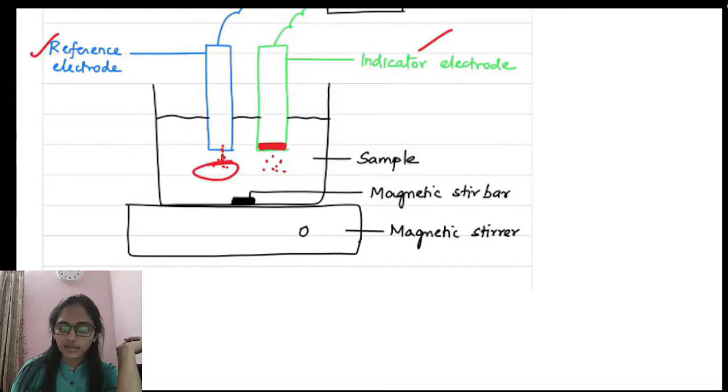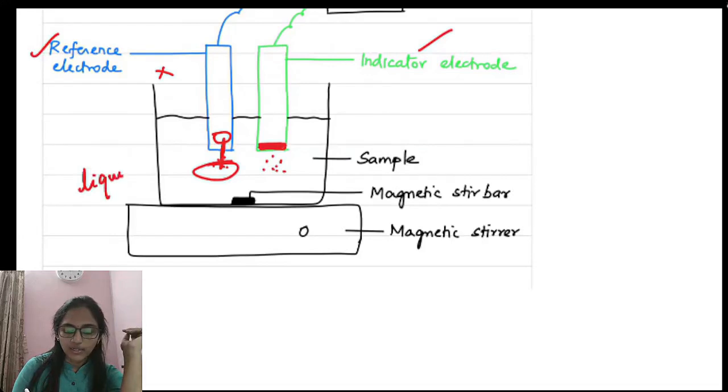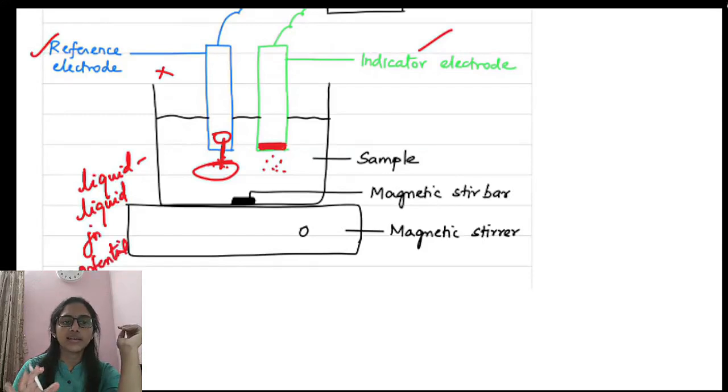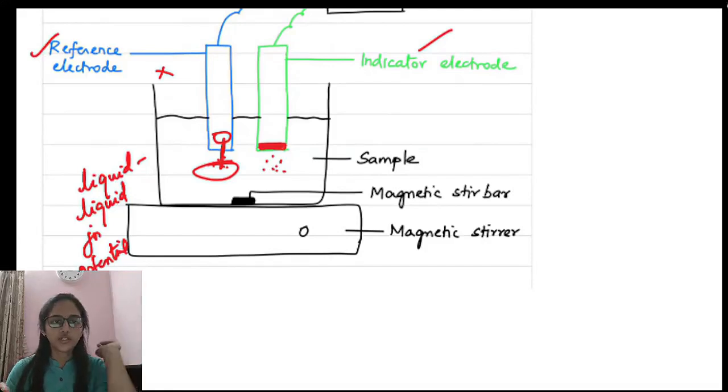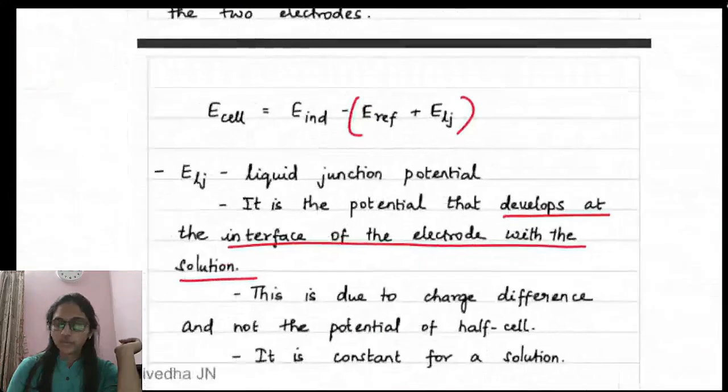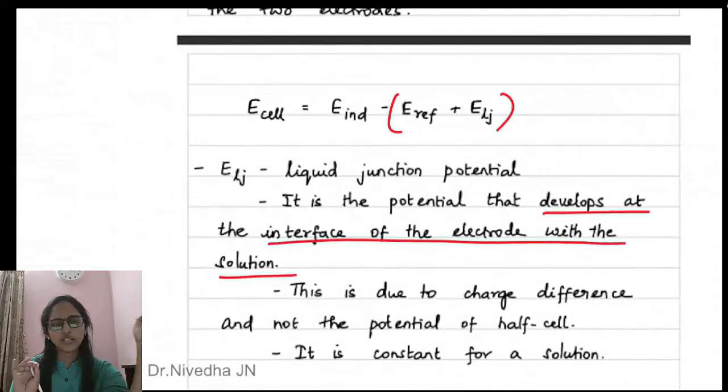Inside we will have an inner electrolyte solution also. If it crosses this reference electrode membrane and brings about some change here, the reference electrode will degrade if this sort of thing happens. This is an error actually. So this is nothing but the liquid junction potential. We have to definitely take some steps to minimize it. So now I have to subtract this liquid junction potential also. It has to be very minimal. If at all it is present, it has to be very minimal.